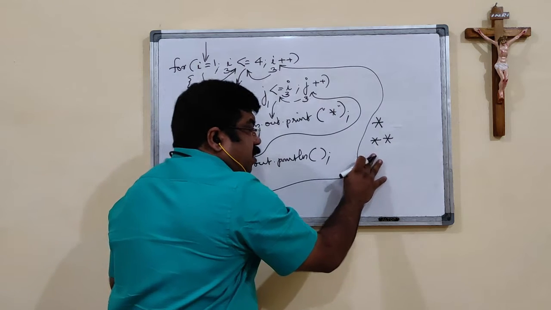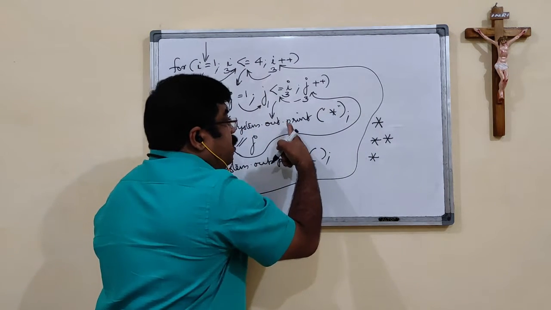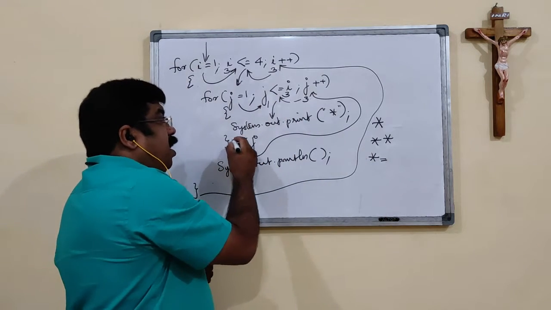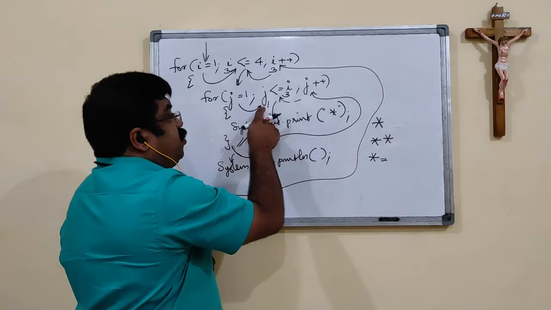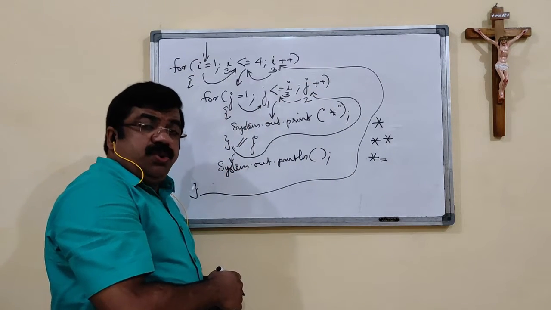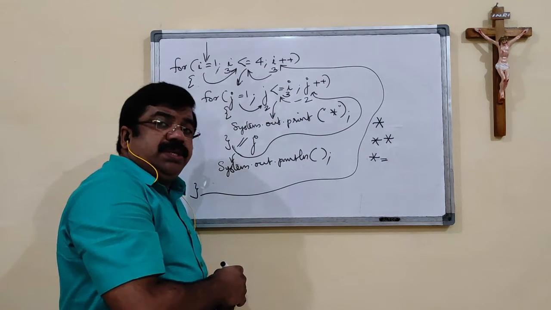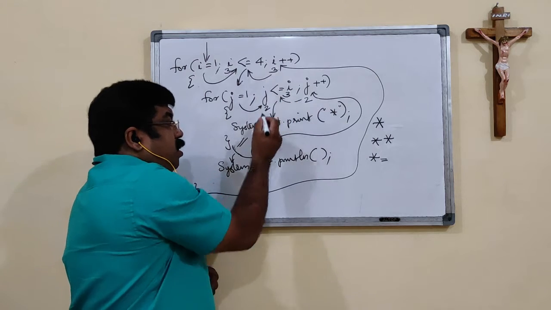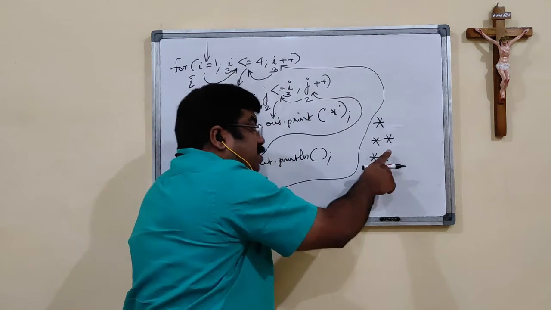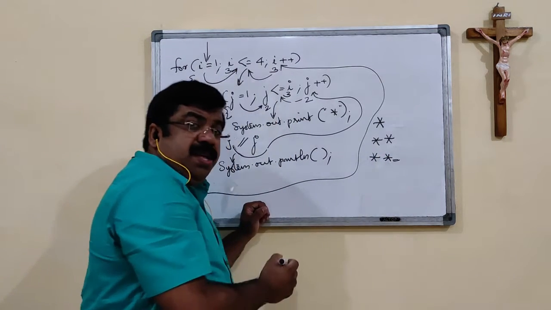Printing the star at the current cursor position, the star is printed. After that, since it is print, the cursor remains on the same line. Again J is updated. J, which is 1, becomes 2. Checking whether 2 is less than 3 or not. Yes, the condition is true. The body is getting executed. One more star will be printed at the current cursor position. The star is printed. The cursor will remain there.